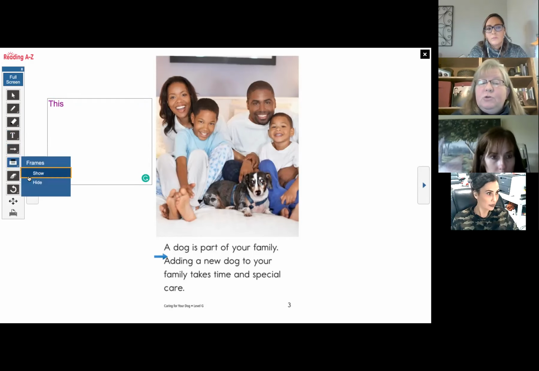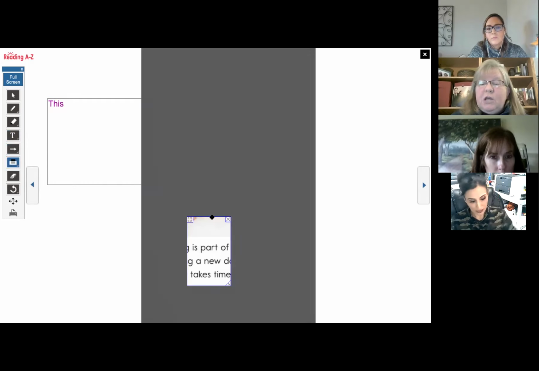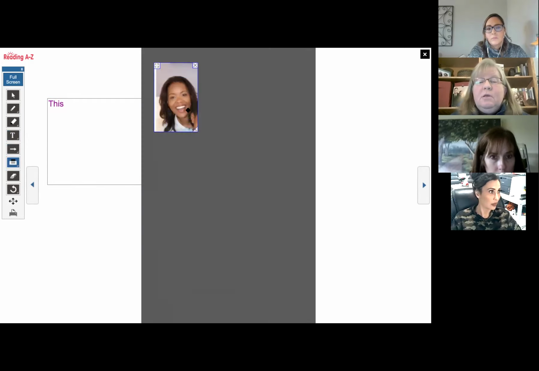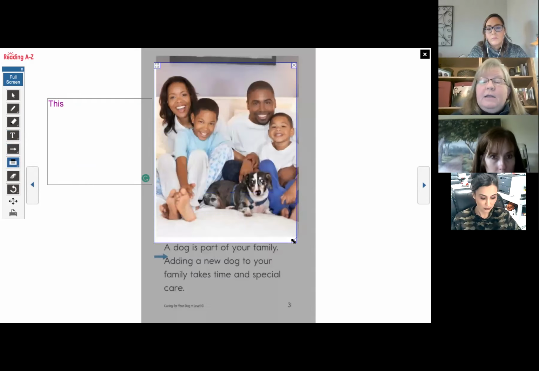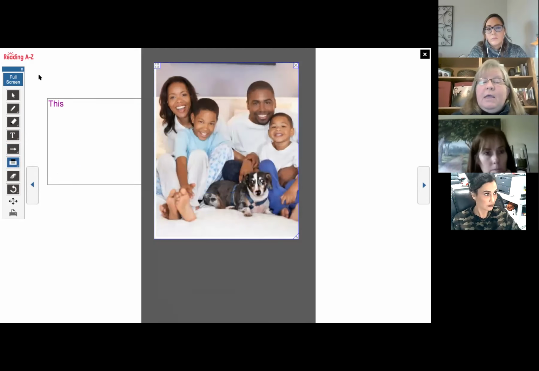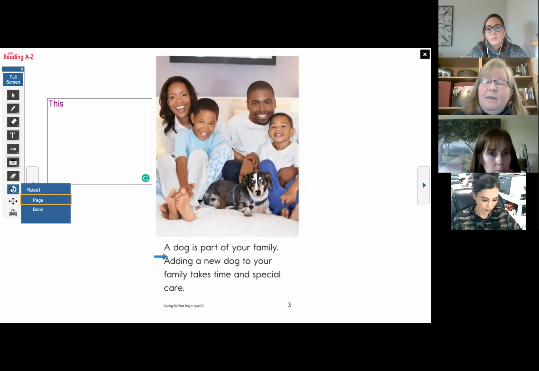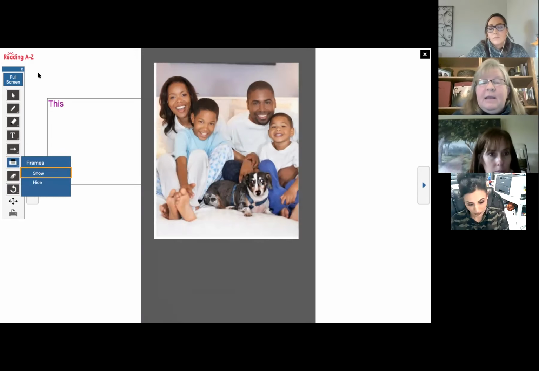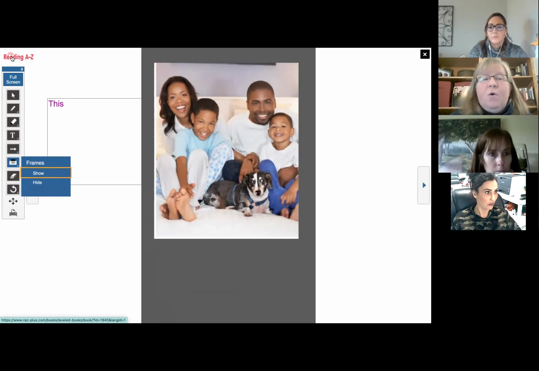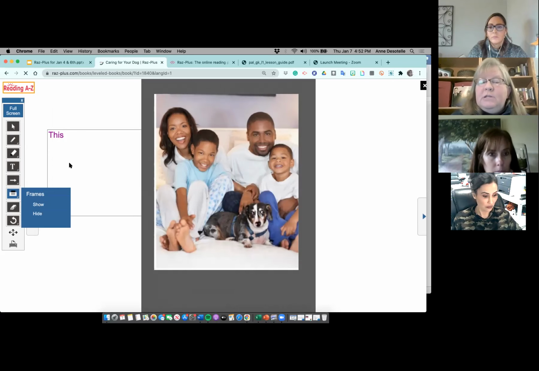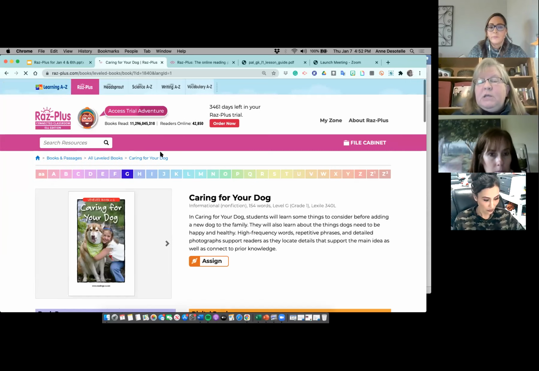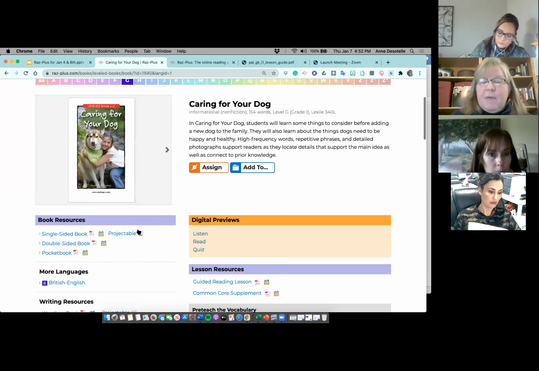I have a framing tool, so we can look just at the picture first. So here I can make that bigger, and I can do this ahead of time. And when I come back in, if I don't reset, so when I first come back in, you can see I lost my framing tool. All I have to do is click on that, and it is what I set it. If I quit out of here on the reading A to Z right above my control panel, or the black X in the right corner, all of those annotations will be there when I open this particular text again. So I can project my book,